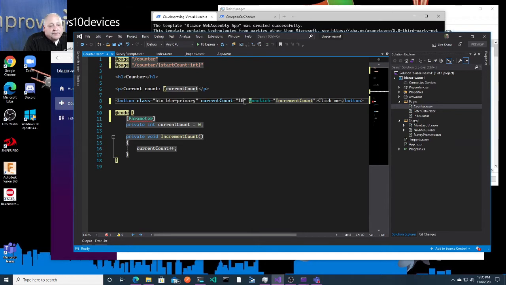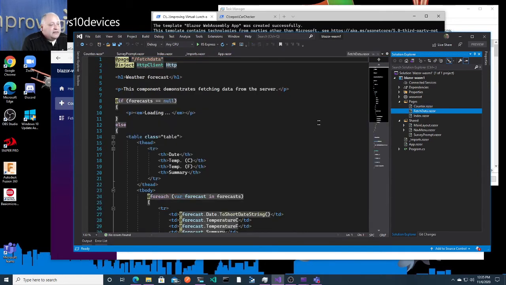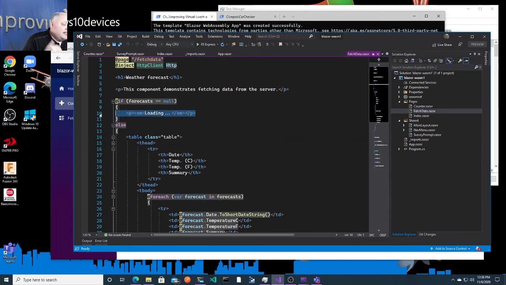In the fetch data, how do I go get data? How do I get data into the thing, right? This is our weather forecast, and we're just making up a bunch of noise here. You didn't see this loading page here just because things happen so fast. It's local to my box. But if it's null,